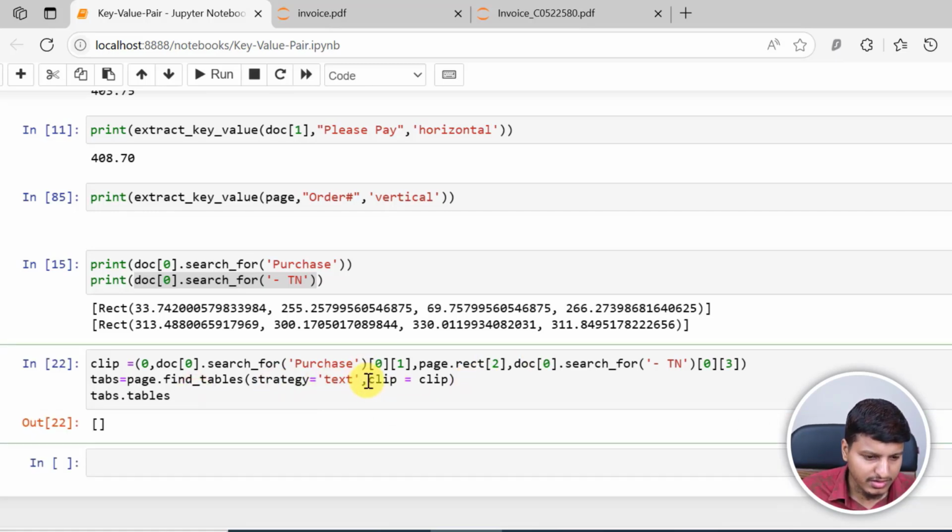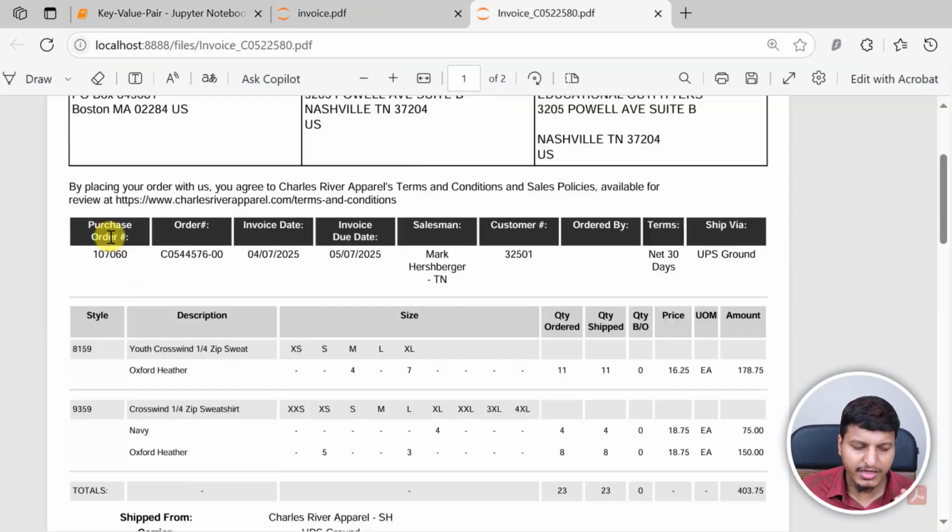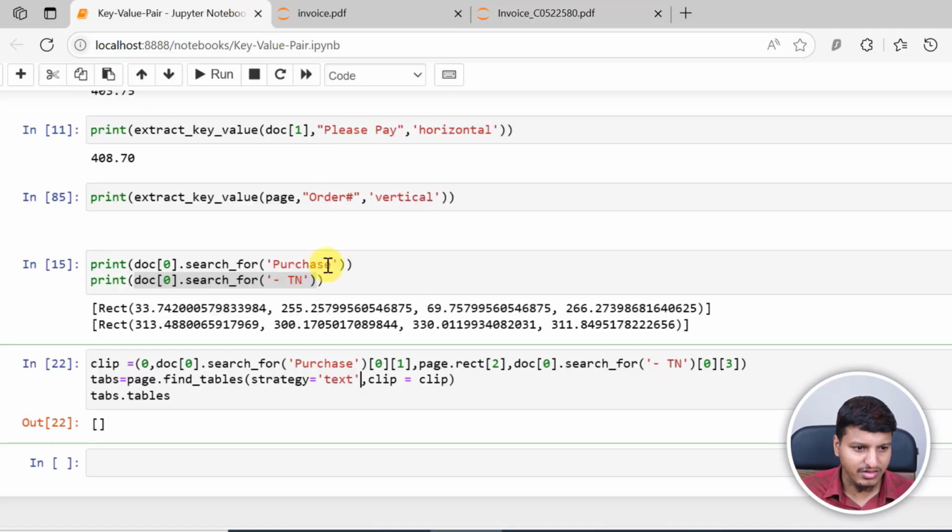So the strategy is text, so clip is this. For the vertical strategy, I need to use the vertical position of this particular text, like the x coordinates of those column positions. So I'll request you to watch that video. I've explained that in that particular video. It's going to take a lot of time to explain this in this video, so please make sure you watch that video. Let's try one more thing, that strategy text, vertical strategy